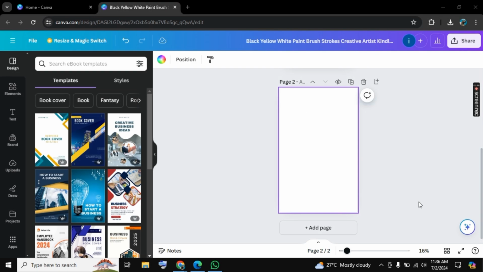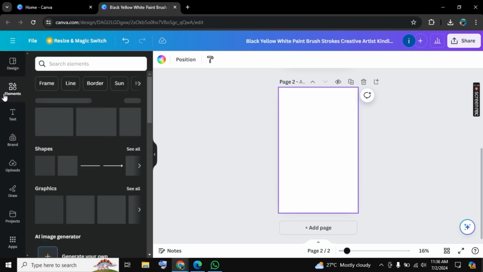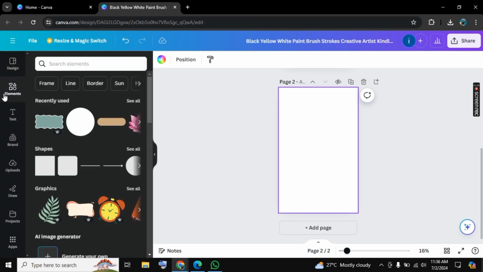In this video, I will show you how to circle crop in Canva. So for this, we need to go to Elements. Let me make one thing clear: there is no such option where you can circle crop directly, but